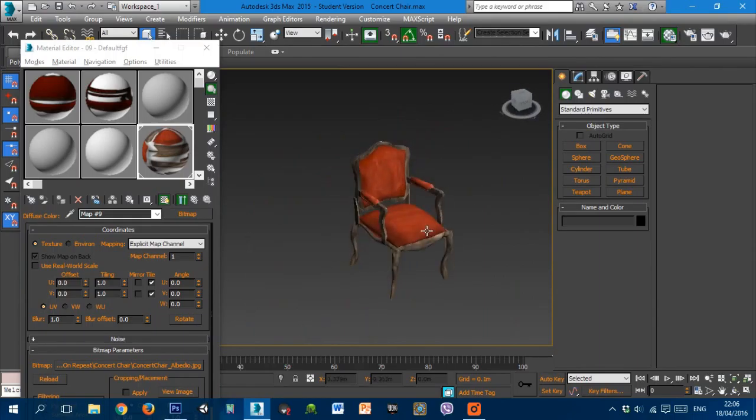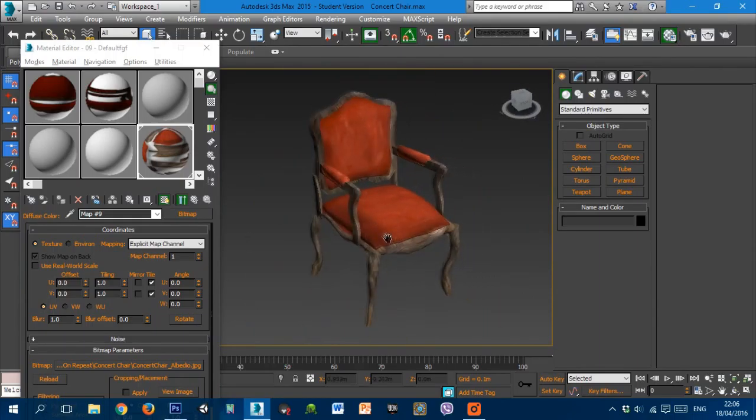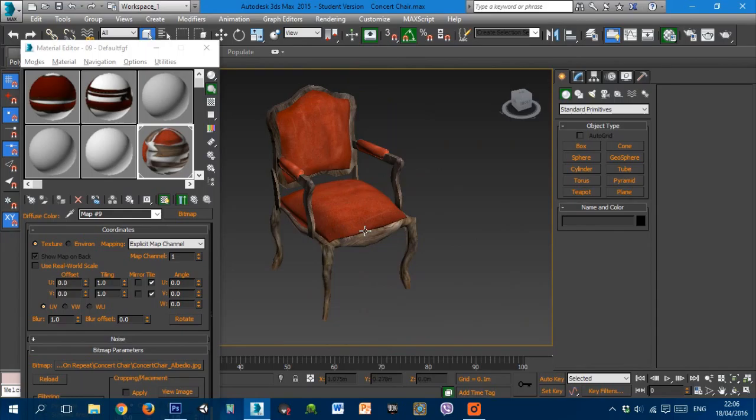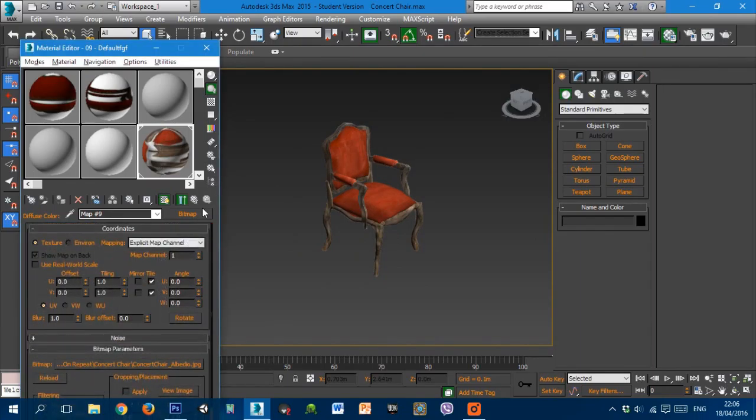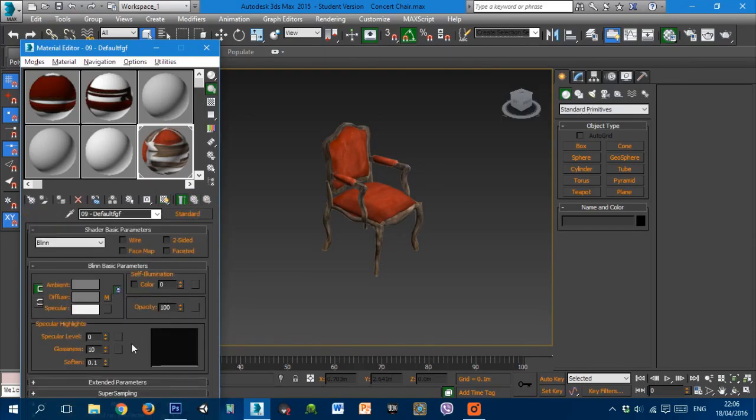So it doesn't look too bad inside Max, but it will look better inside Unity. So that's that, and that's for just applying that map. And if we're going to do different things like applying normal maps and that sort of stuff, if we just press this button, it'll say go to parent, and then you can